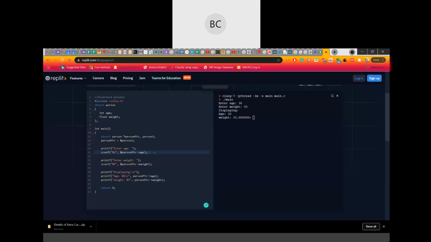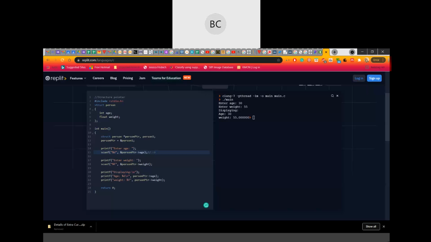Using a structure, if you want to keep any record of an employee or student, we mainly use structure. Using one structure, you can keep a record for one person, maybe employee one, his name is Jane, then values like age and weight, just for one person. If you want to store more, suppose two, then you have to define two variables, maybe person one and person two, then again for person three. For all three, you have to define it.